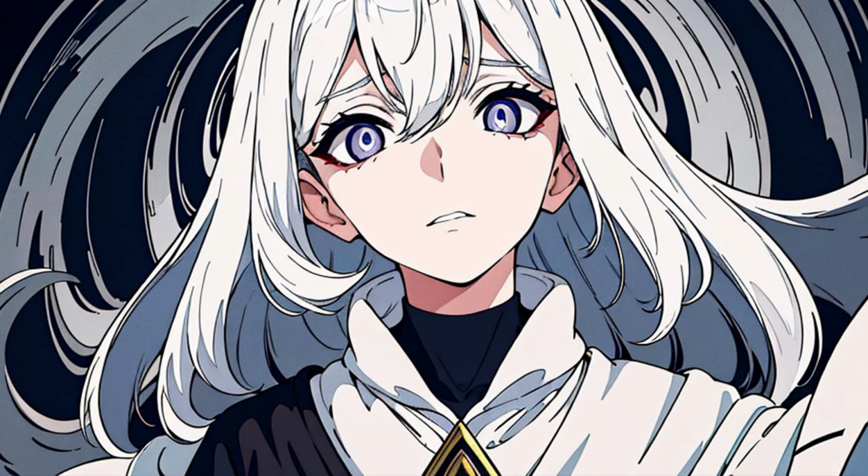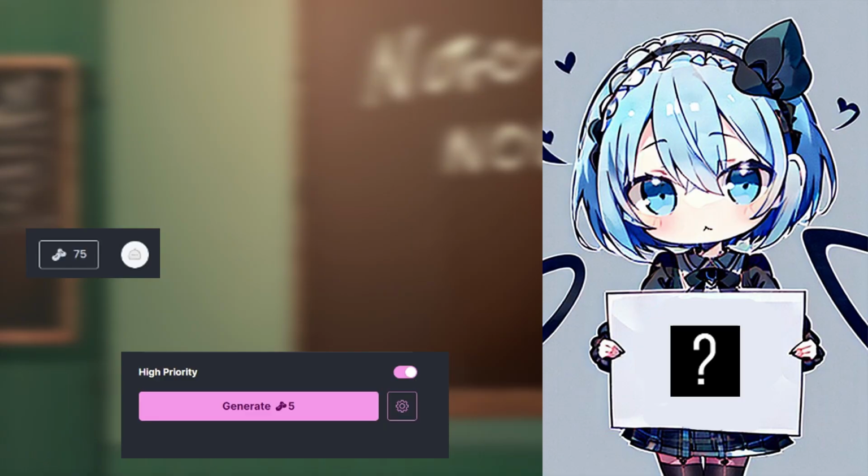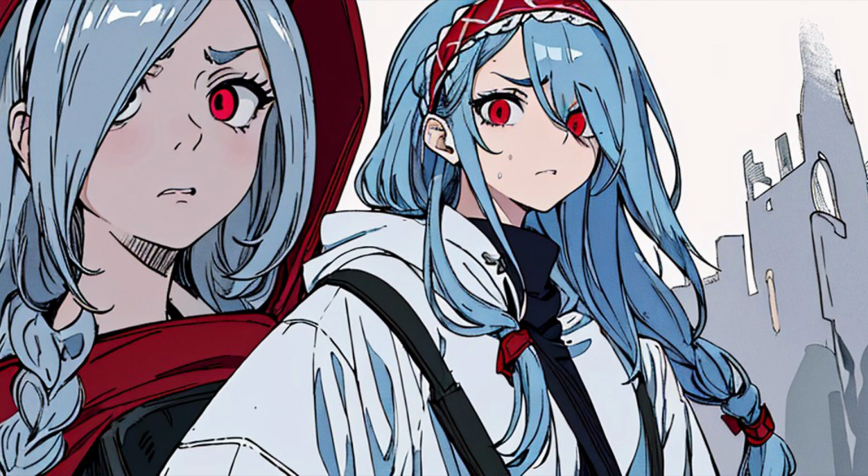Now I know what you're thinking. Yeah, that's cool, but how much does the service cost? And what are these points? These are Yo beans. They're just points but flavored to be beans for some reason, I don't understand. The pricing is legitimately insane and I still don't get how they can give out so much stuff to us